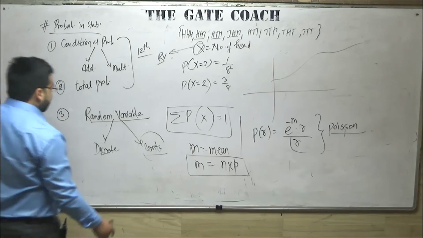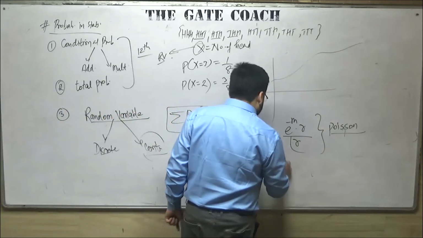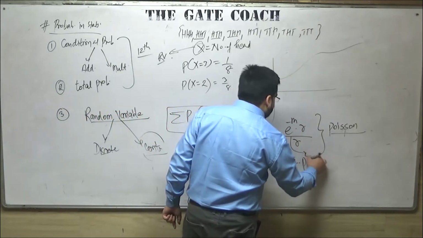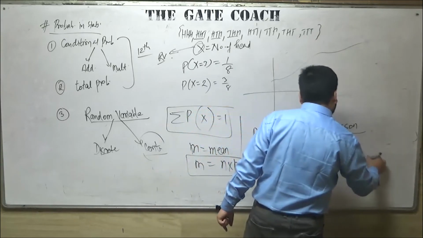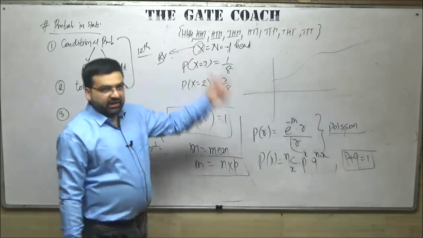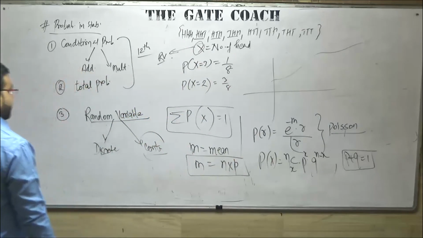Okay. We also discussed the Bernoulli trials. A Bernoulli trial is very simple. Probability of x is equal to nCx p raised to the power x into q raised to the power n minus x, and p plus q is equal to 1. If the number of trials is very high, let us say you have tossed a coin 1000 times, 500 times, then for that we have this type of Bernoulli trials.